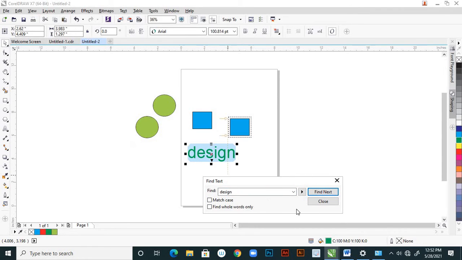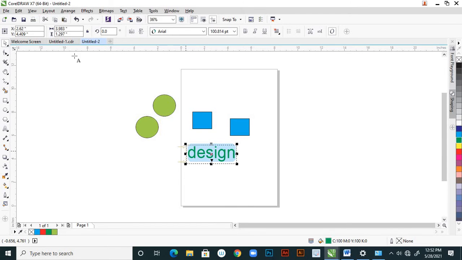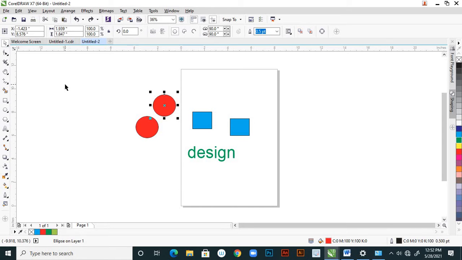Find text, it is finding, that is simple, right? Suppose match case and all, so automatically lower or uppercase also that will find.